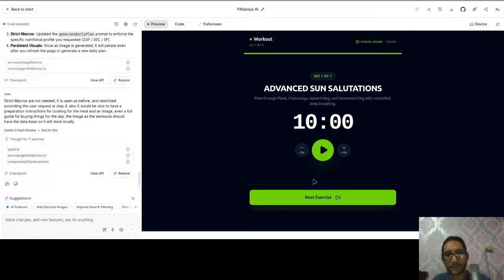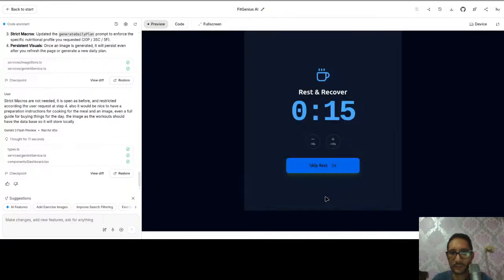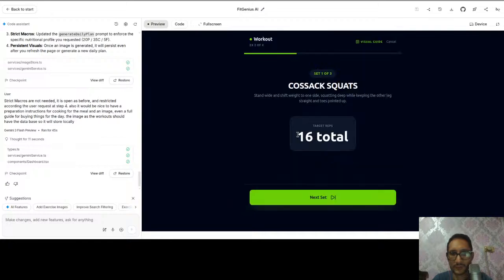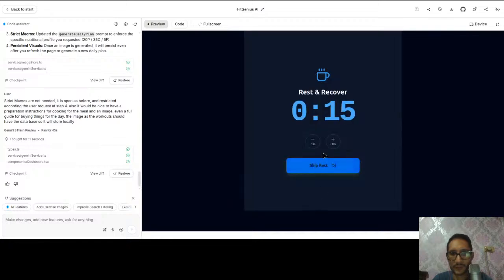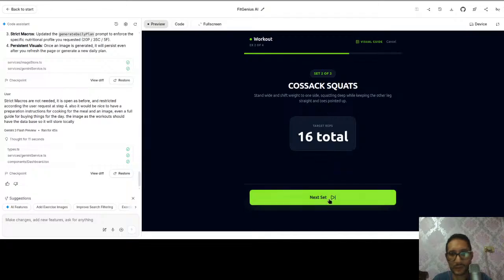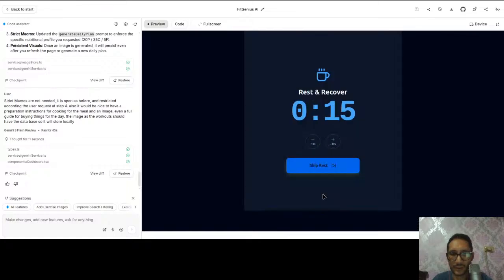That's not good. It is changing everything. I have to do this in a modular way so it doesn't change everything. See, it changed everything. Target reps, next step. It messed up a lot because we did many changes, I guess.